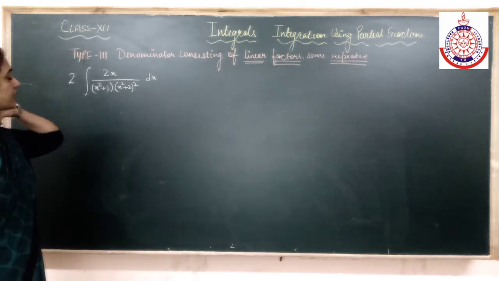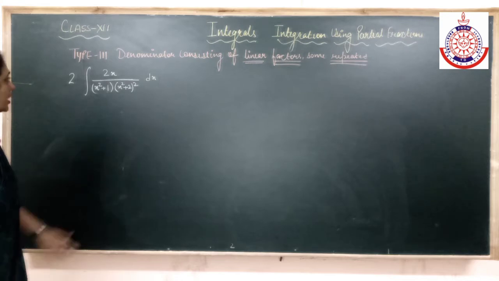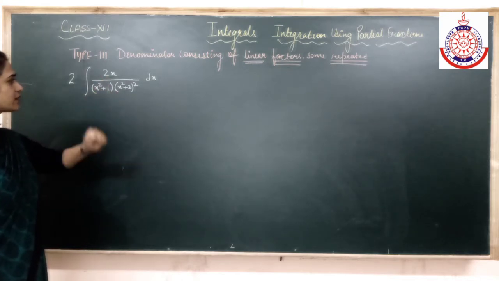Okay. Now if I look at the question, 2x upon x squared plus 1 into x squared plus 2 whole square,